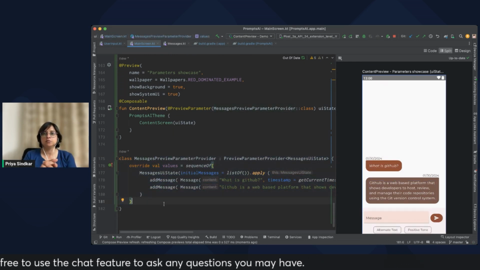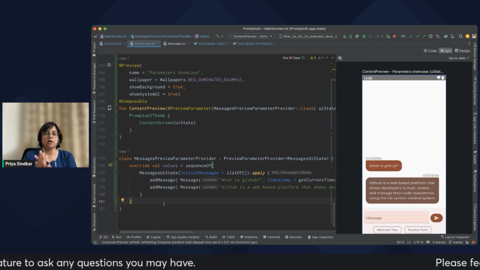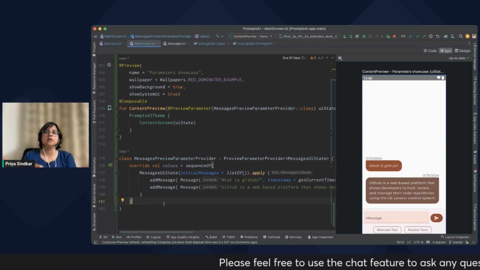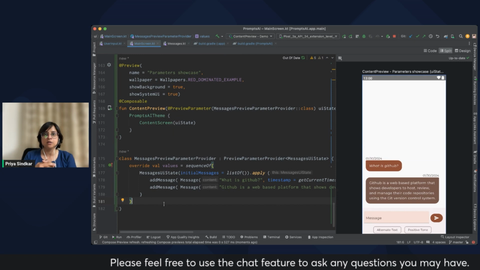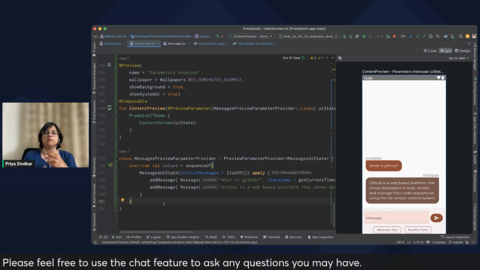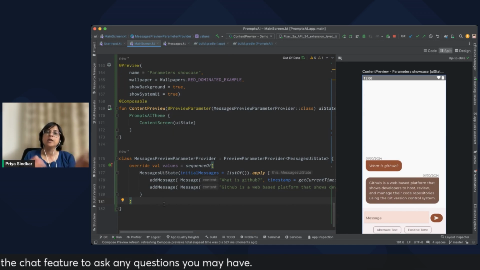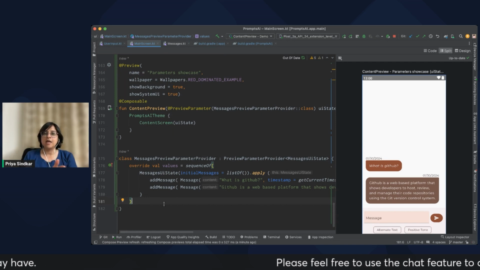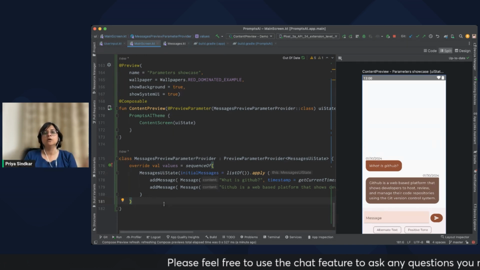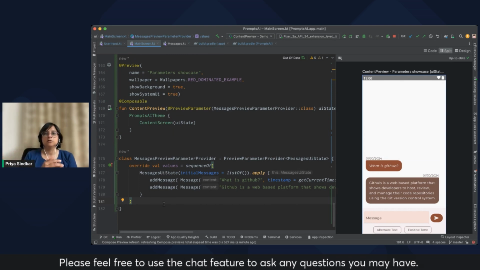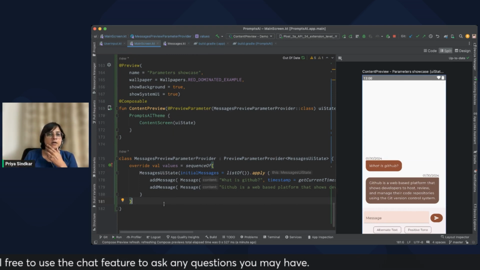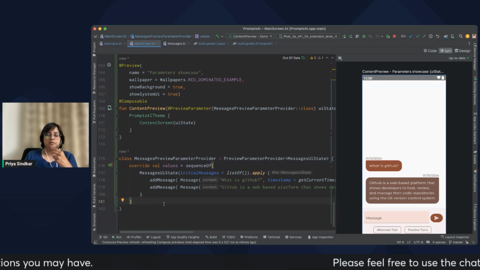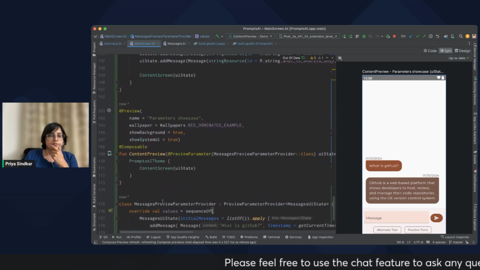So this was something about multiple previews, that you can have multiple previews. These are just two previews that I'm using, but in actual apps, I use more than 10 previews to test my UI correctly on different screen sizes or different versions. So if I have an app which I'm developing for mobile, tablet, and foldables as well, I have previews related to that. And accordingly, I pass the parameters to test large data sets. Next,